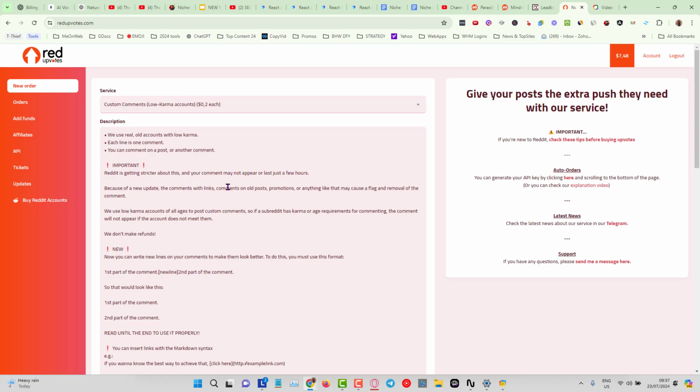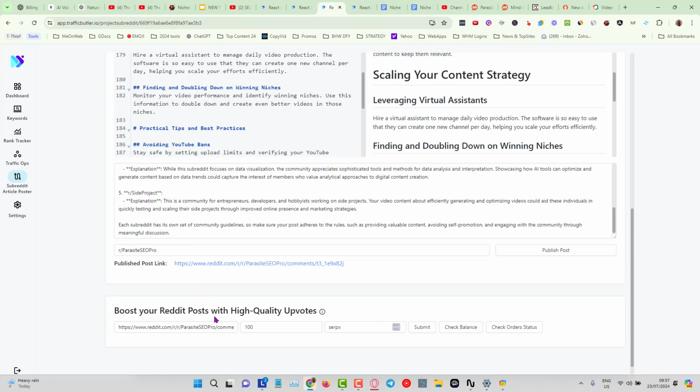You can see it's got some instructions, etc., but all you need to be concerned about is filling in the details as I showed you here. We've done all the other work behind the scenes for the API. Okay, so you need to get an API key from them, you need to put some balance,